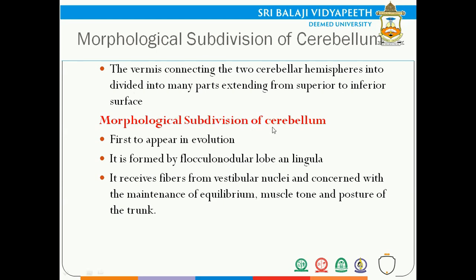Morphological subdivisions of the cerebellum include: first, what are some of the important features that we learned with the cerebellum? It is one of the parts of the brain that develops at the very early stages, when the zygote is in a very preliminary stage of development itself. The initial part of the cerebellum that develops is called the paleocerebellum. That paleocerebellum gets better developed, or in today's terminology, we can call it an update.